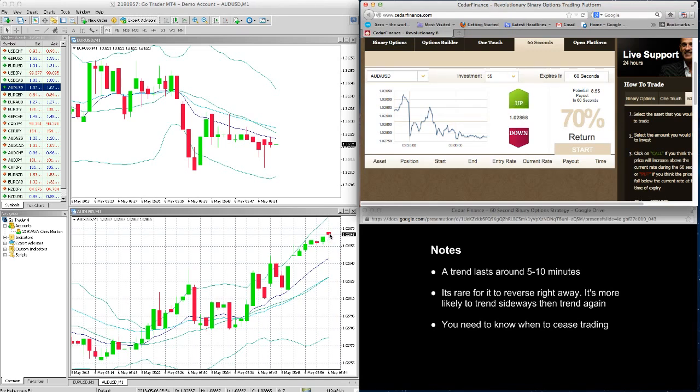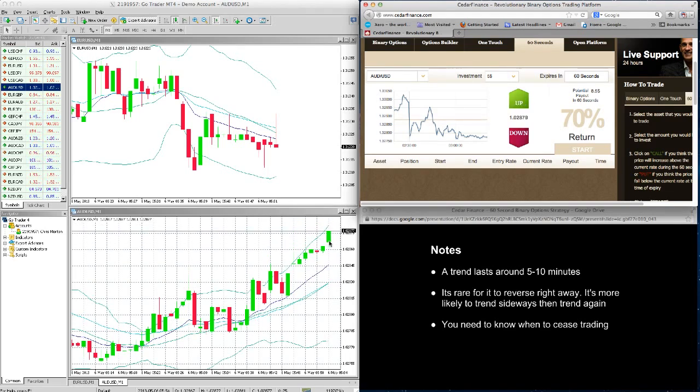Also you can see here the trend is continuing to go up. So if you're placing trades in here,